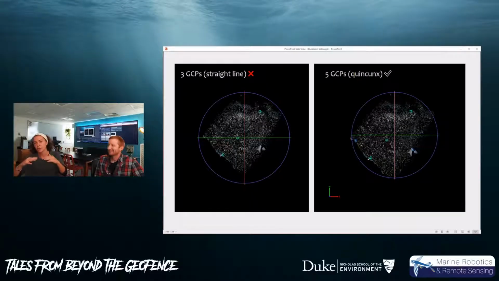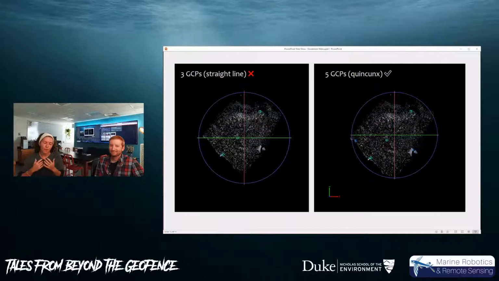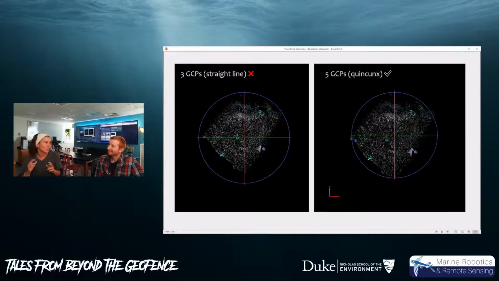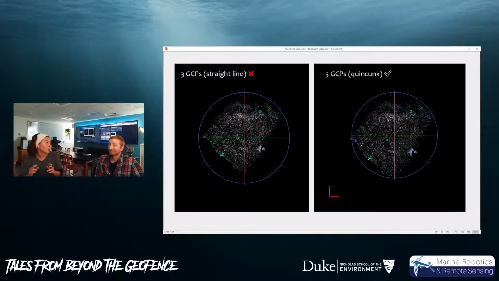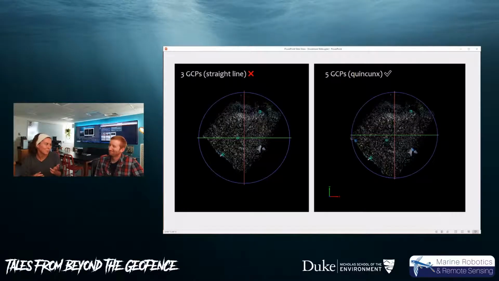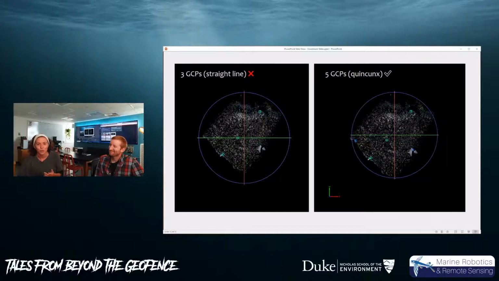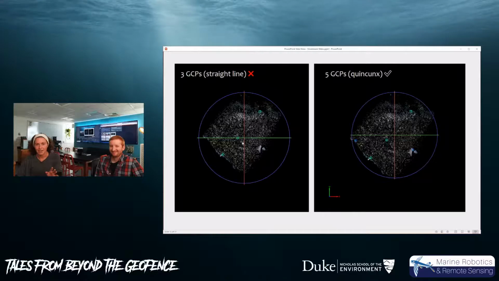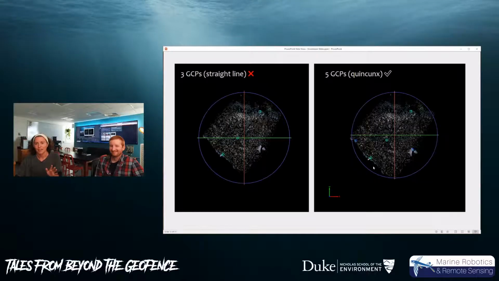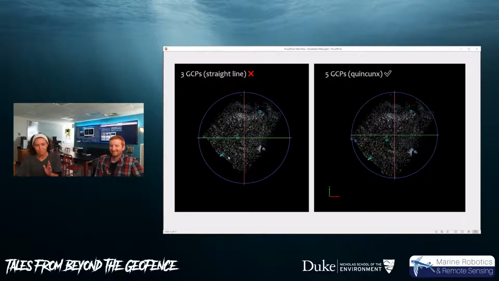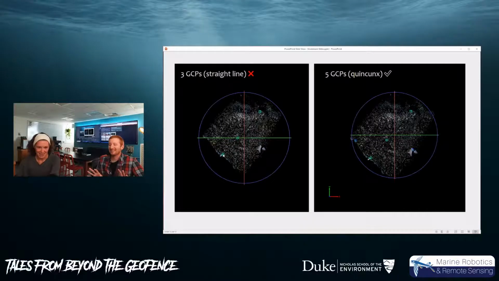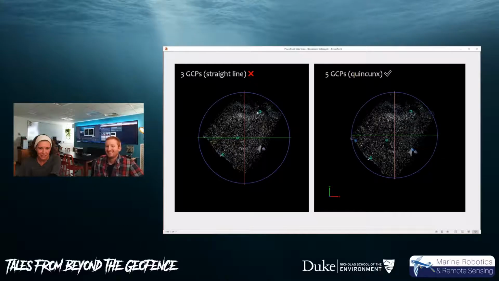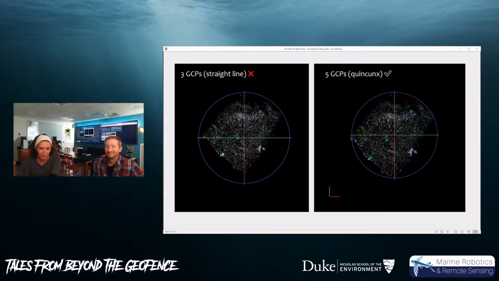And so at first in the protocol, it said something like, make sure your GCPs are evenly distributed throughout the site, and use a minimum of 3. On the left side is before and after. The left side is what went wrong, and the right side is when we fixed it. But I feel like it's going to be more noticeable in the next slide. It's subtle now, but you can argue these are pretty evenly distributed points.